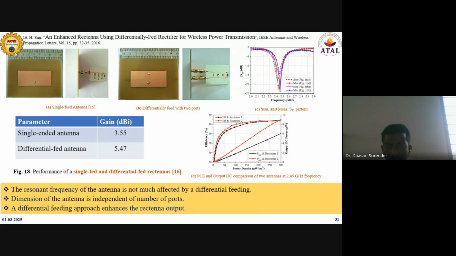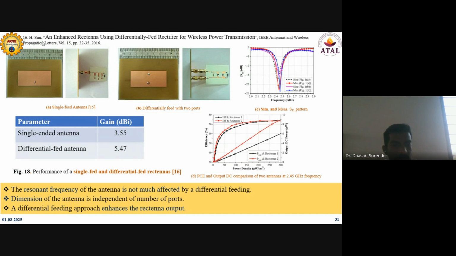Rectenna 2 is designed with a differentially fed antenna, where the gain is more and the expected output is also more, almost 150 to 250 dBμW per centimeter square. Almost 7 microwatts of power is observed by using